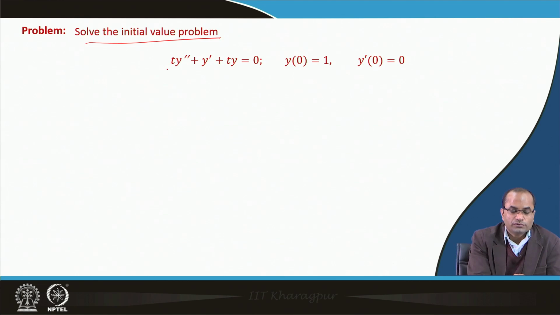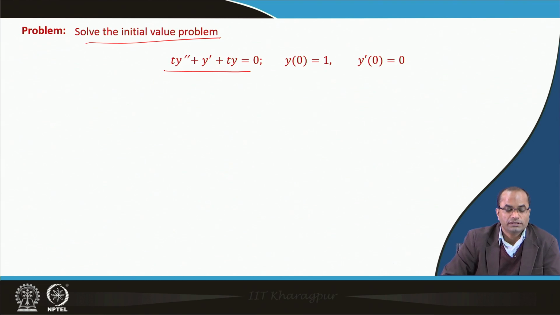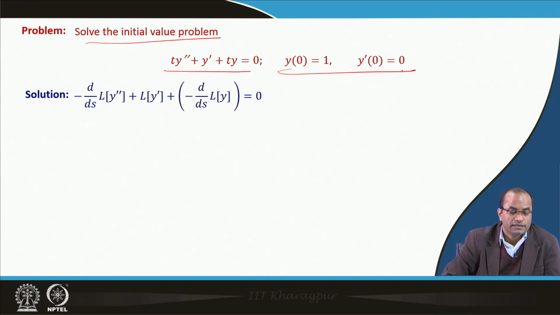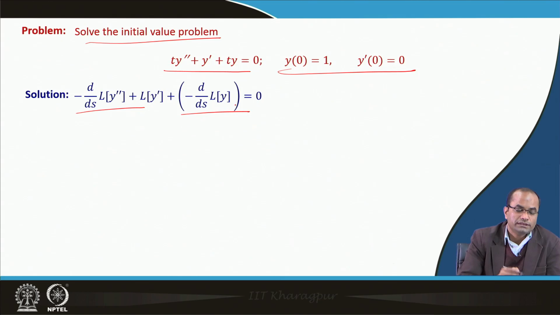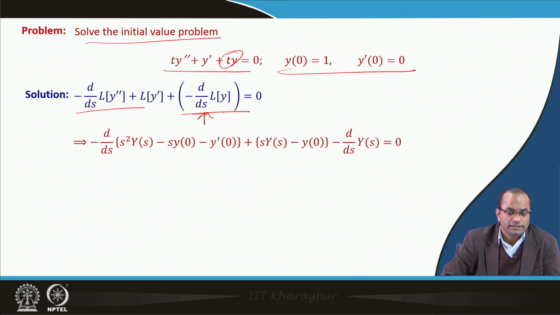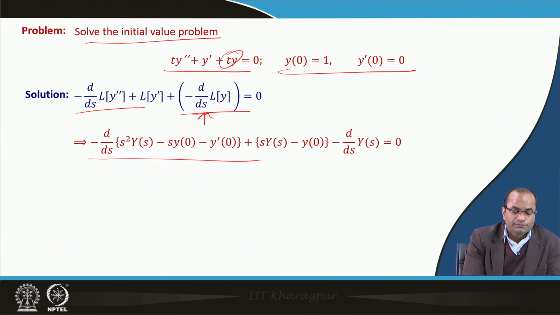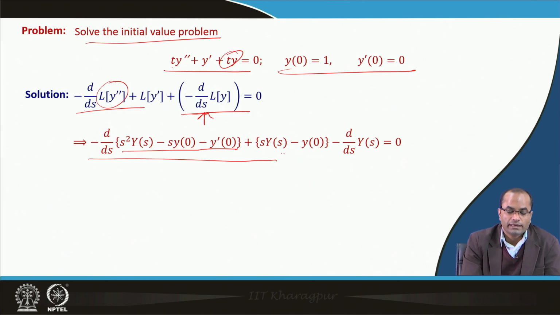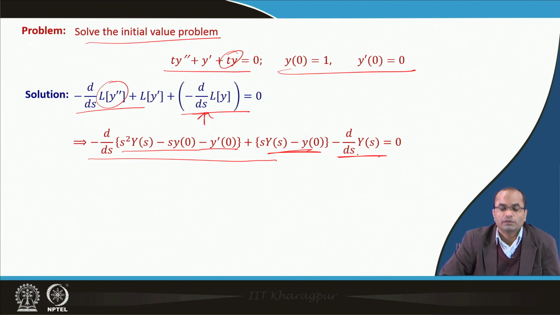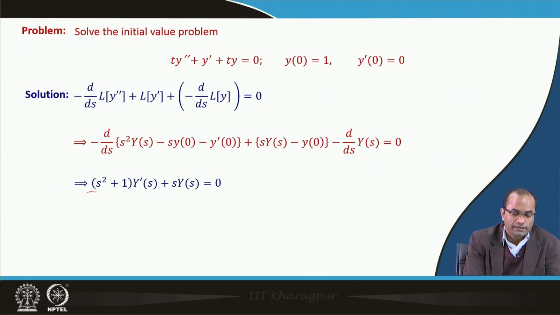Solve the initial value problem. Here again we have the variable coefficient: t y double prime plus y prime plus t y equal to 0, and these initial conditions are given. We will follow the same steps. We will take the Laplace transform, and because of t there will be a term d over ds. After simplifying, there are two places where d over ds will appear, and then the derivative theorem will be applicable here. Then you have this L of y prime, again the derivative theorem, and then we have minus d over ds there. After simplifying, we observe, because we have incorporated these initial conditions also here,